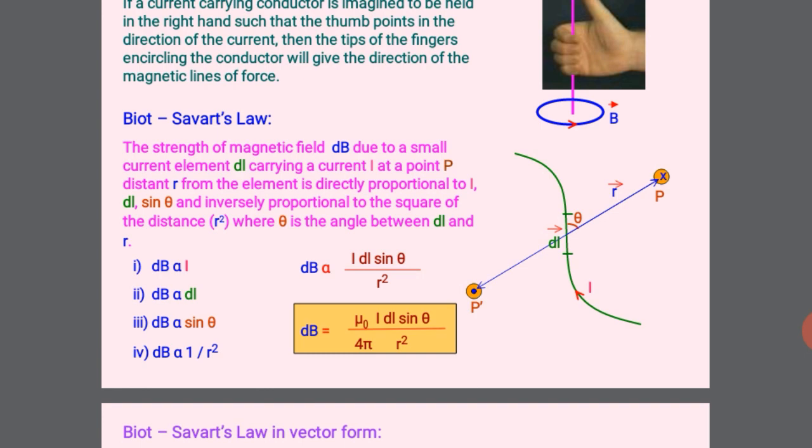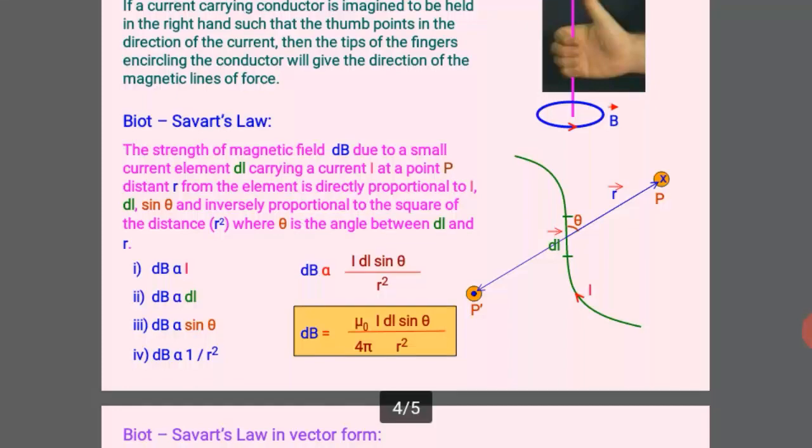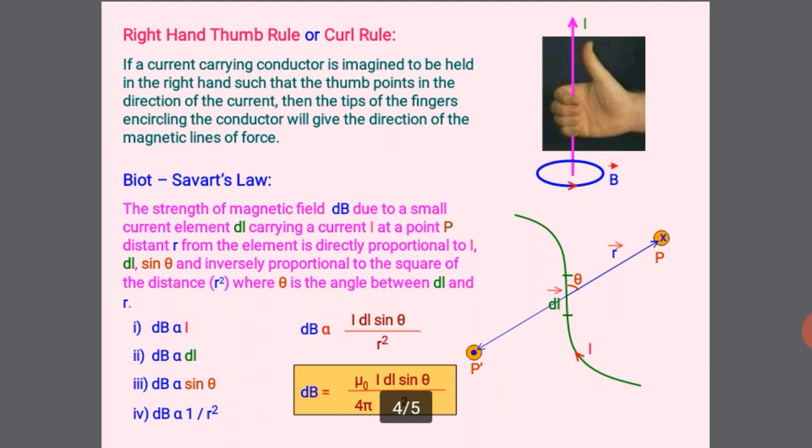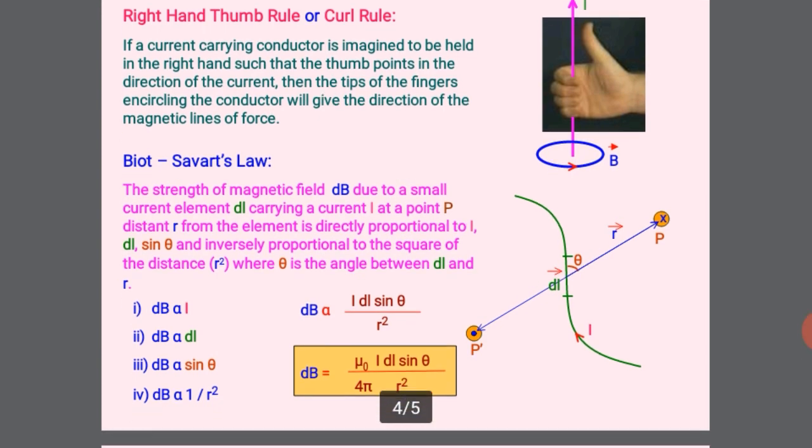Now our next topic is Biot Savart's law. Biot and Savart performed a series of experiments to study the magnetic field produced by various current carrying conductors and formulated a law to determine the magnitude and direction of the field so produced. This law is known as Biot Savart law. It states that the magnetic field at a distance r from a conductor in which current I is flowing